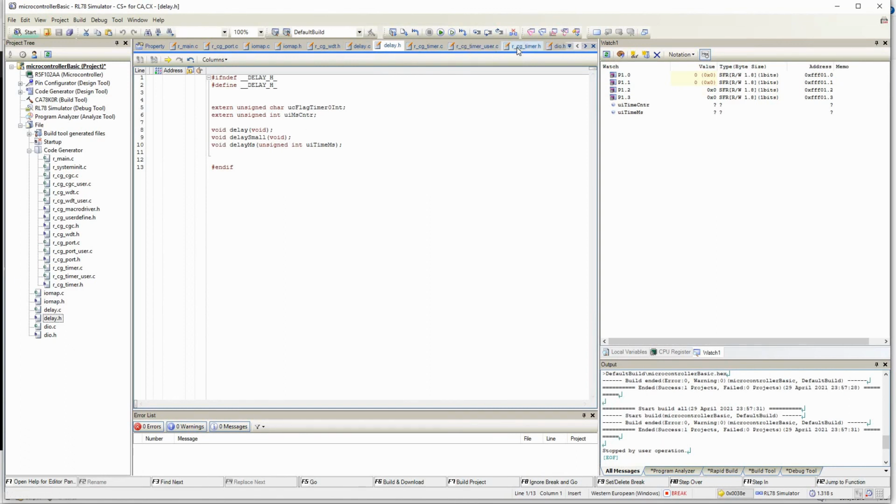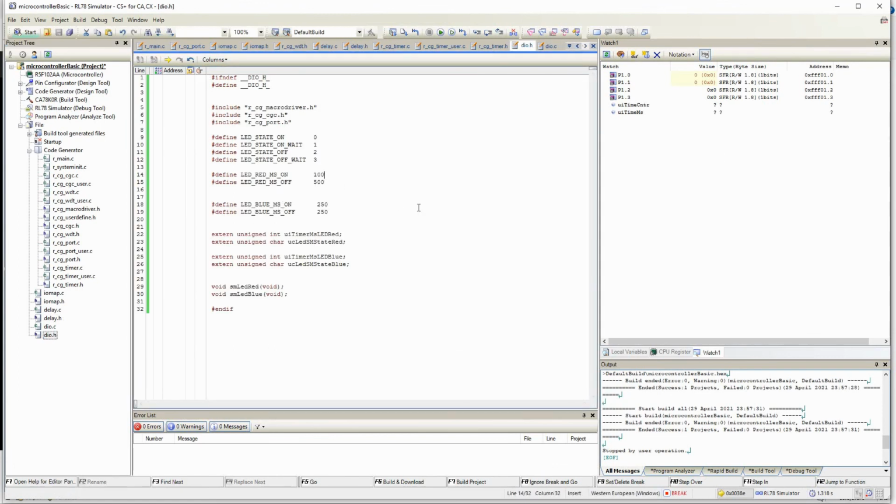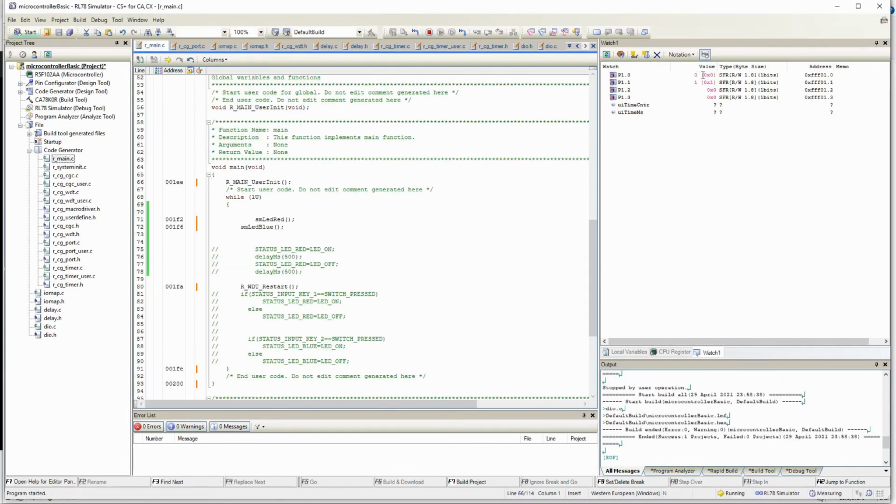So let me go and adjust the delays. On, let me keep it as 1 second, off 3 seconds. Here I'll keep 2 seconds on, 2 seconds off. You can see this, the processor will be running slowly. That is why it is not running at real time pace. But it will work.